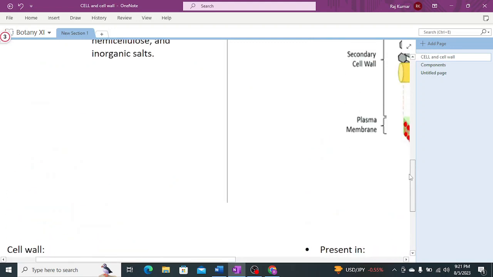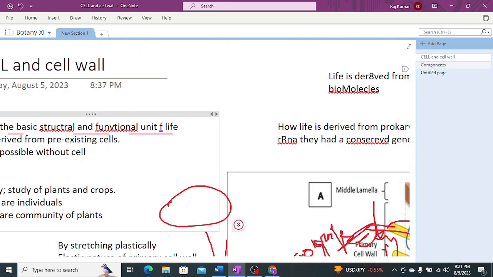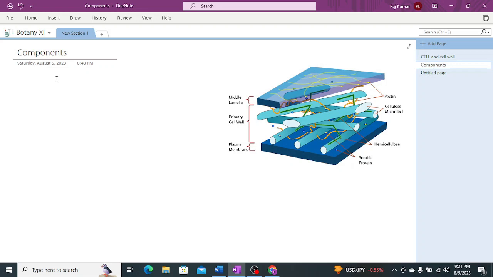On the other hand, let us discuss our second part, which is the secondary cell wall. The secondary cell wall is present between the plasma membrane and the primary cell wall. What is it composed of? It is composed of cellulose, lignin, waxes, inorganic salts,